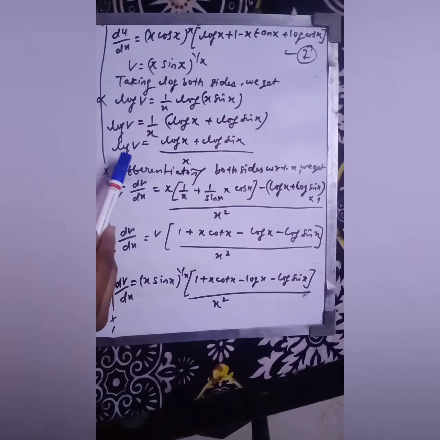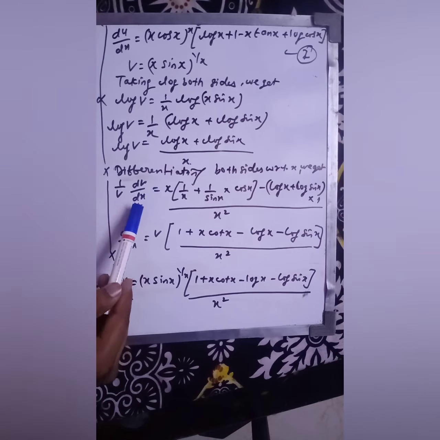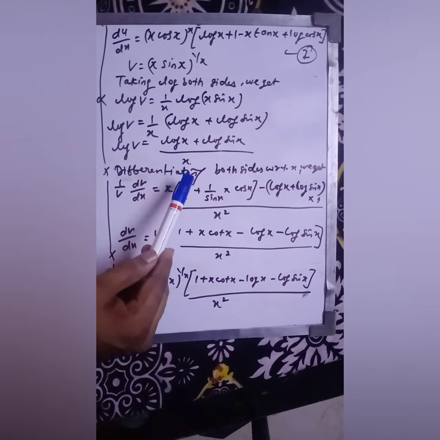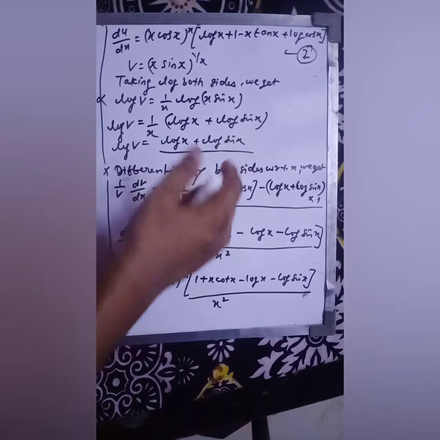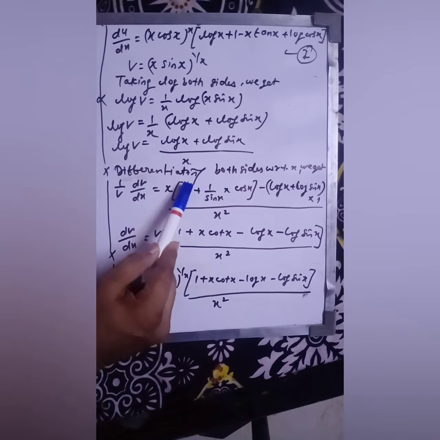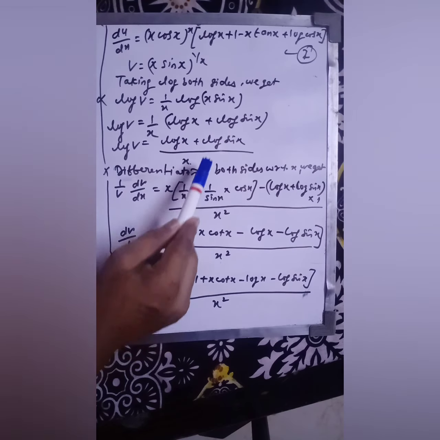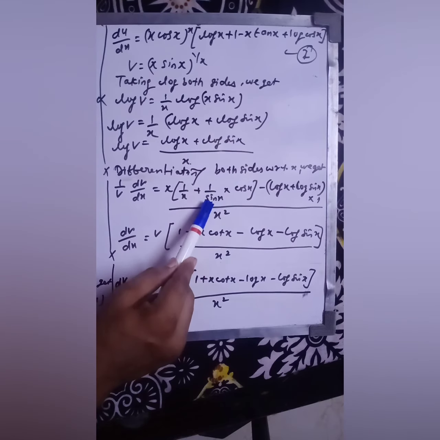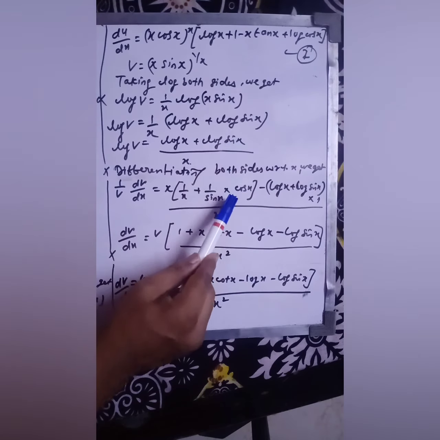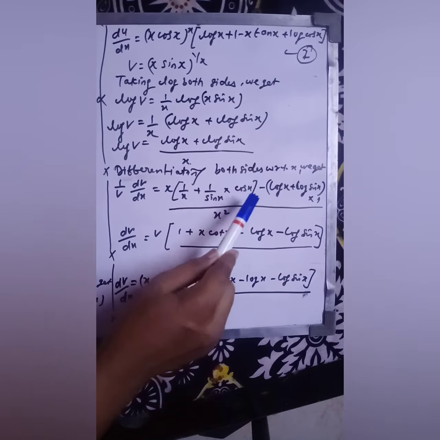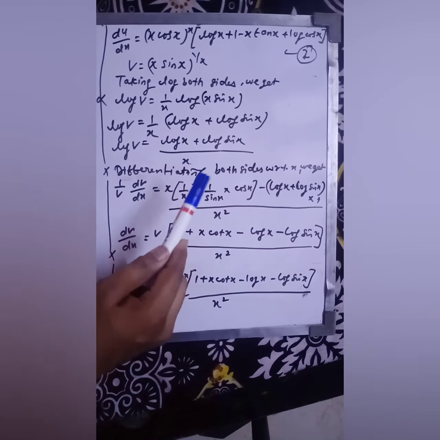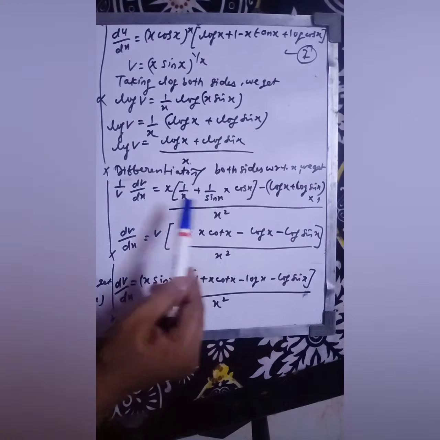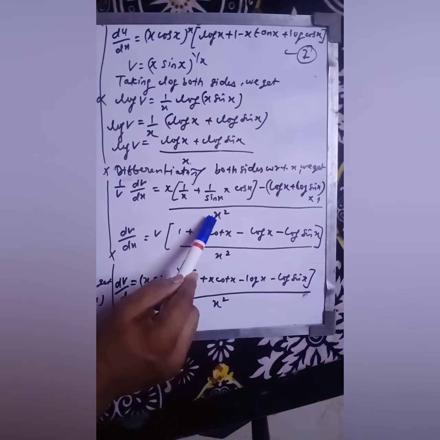So we are differentiating both sides with respect to x, we get 1 by v, dv by dx is equals to, in the quotient rule, the second function will remain the same and derivative of the numerator part, so derivative of log x will be 1 by x plus derivative of log sin x, that would be 1 by sin x, and derivative of sin x would be cos x, bracket close, minus this numerator will remain the same and derivative of denominator, so in denominator you have x, so derivative of x will be 1, over square of denominator.